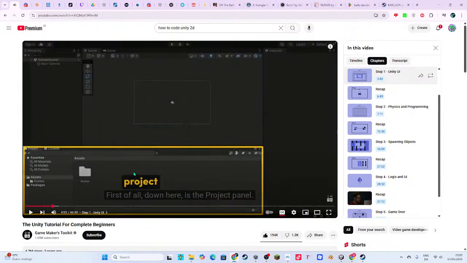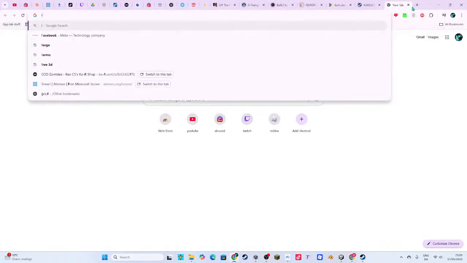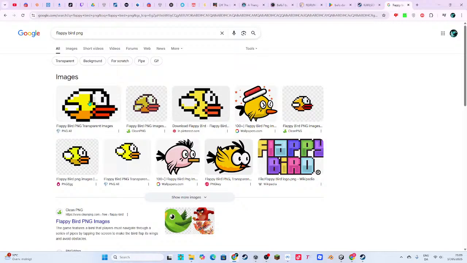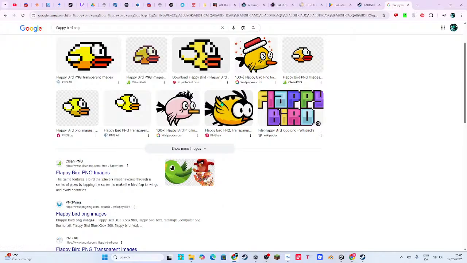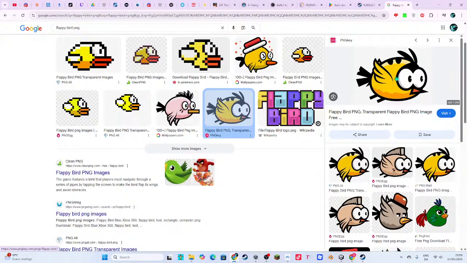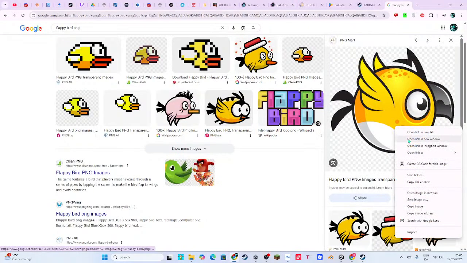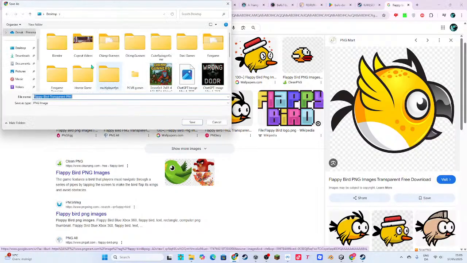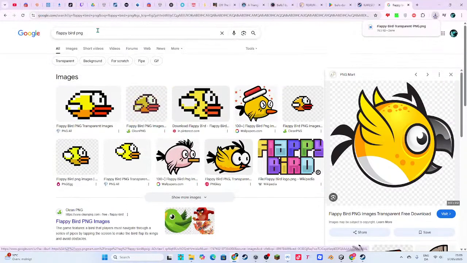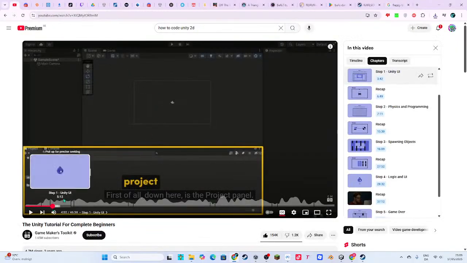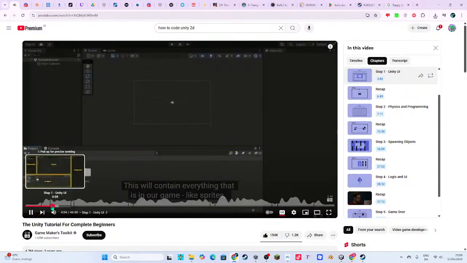Here is the project panel. This will contain everything that is the default screen layout.